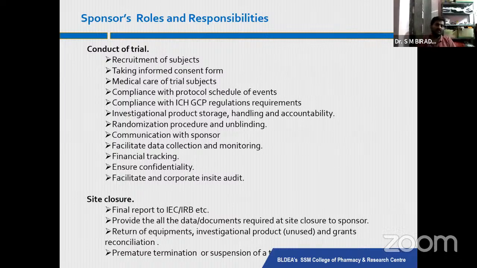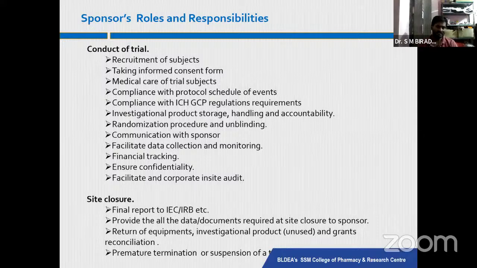So that's how we need to present the status of the clinical trial to the review boards. The final report goes to the IEC or review board. They'll take the decision on whether to continue. If they are satisfied, they'll say you can continue. If they are not satisfied, you stop or review.